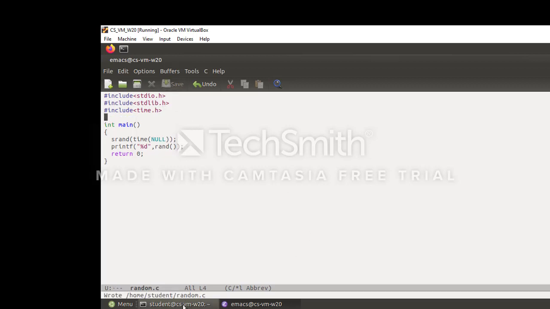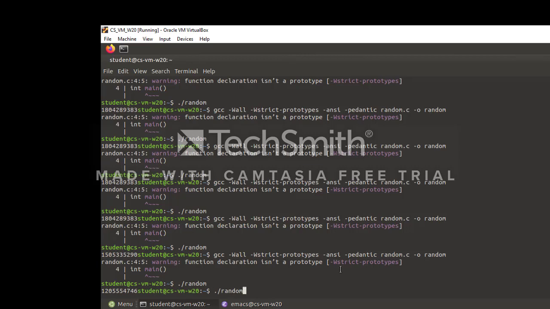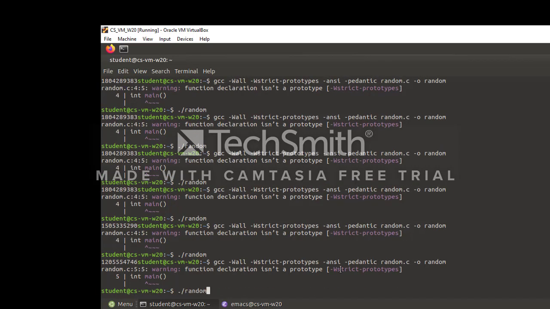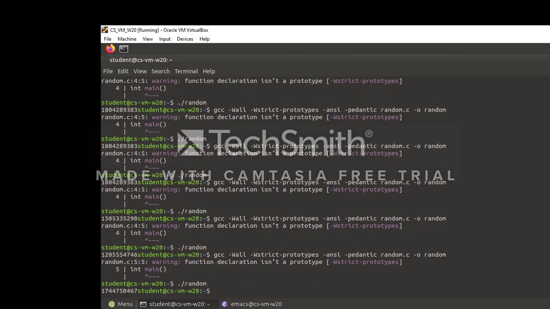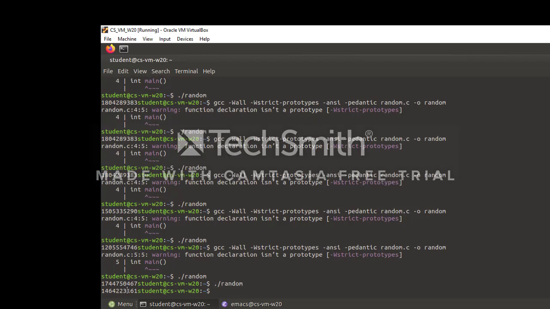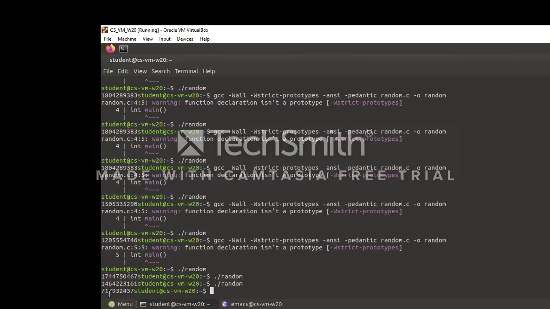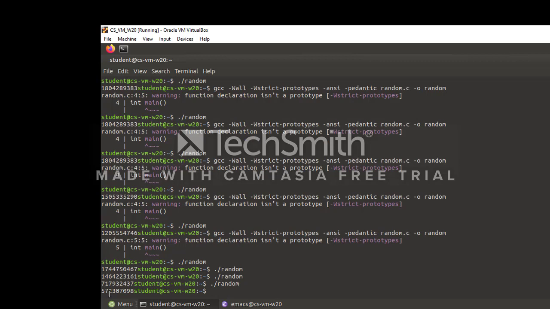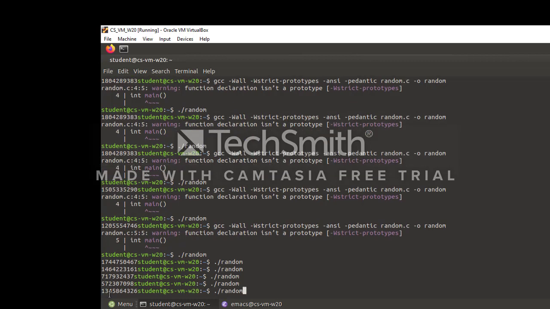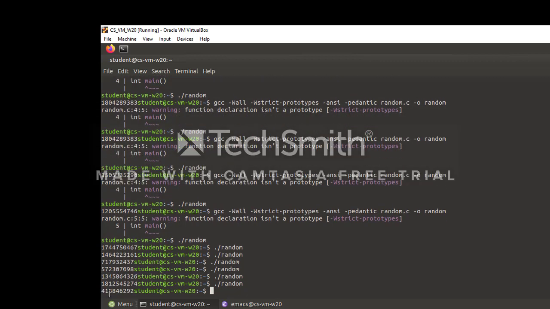So save it, compile it, run it. You get a random number at the output. Similarly, no need to compile it again, run it, and you can see another random number is being generated and printed. Each time I run the program, a different number is being printed at the output screen.